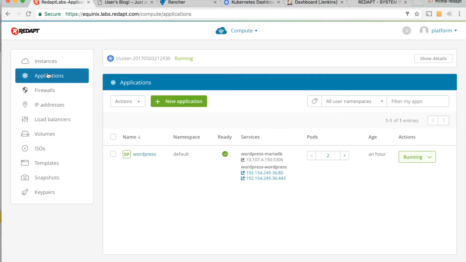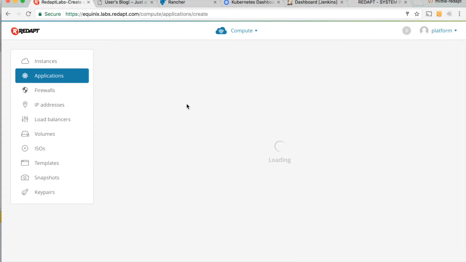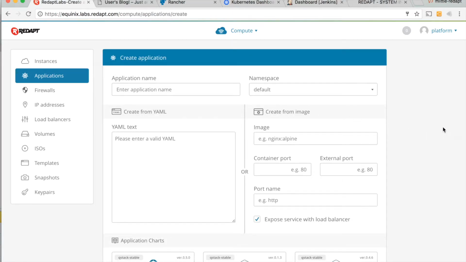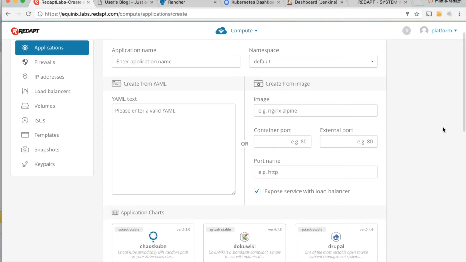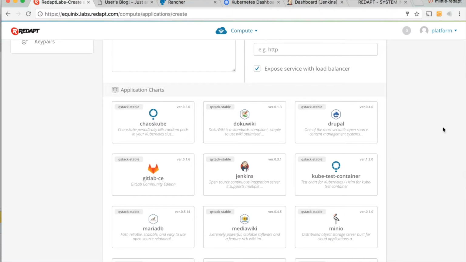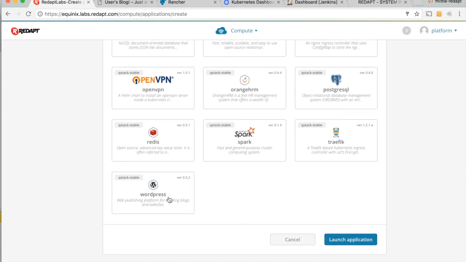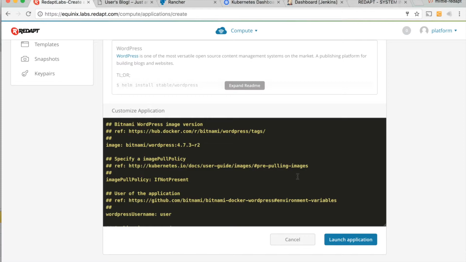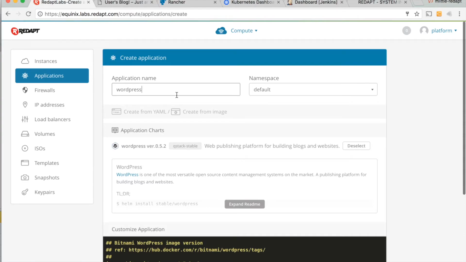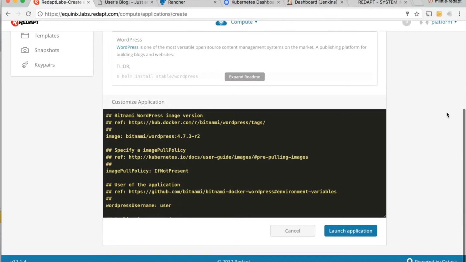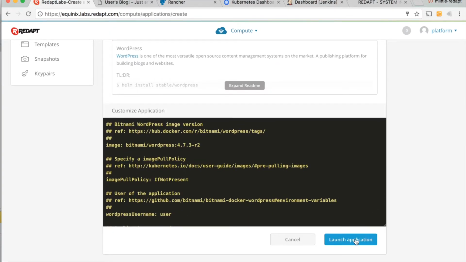Going back into the applications tab, I'll go ahead and launch a new application. In this case, I'll be launching WordPress. You could also launch by copying and pasting YAML or just calling out a Docker container to launch and the ports to map it to. So if I launch WordPress, it brings up the YAML that it'll use. I'm just going to name it slightly different, and I'm going to go ahead and launch that application. It then launches it in the background,